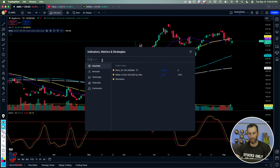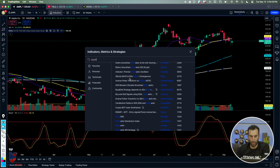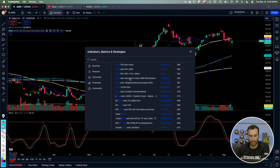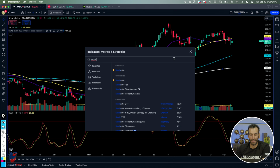Now, here's the interesting thing about this. If you type in stochastic, look how many options you're going to have for stochastic. It's because people can come on here and create their own codes, and you can use whomever's you want to use. Look how many people just loaded their stochastic settings on here. So when it comes to ease of use, this actually muddies the water a little bit, because I don't know how Everlove God has their stochastic RSI alerts. I have no idea. So it does muddy the water a little bit,